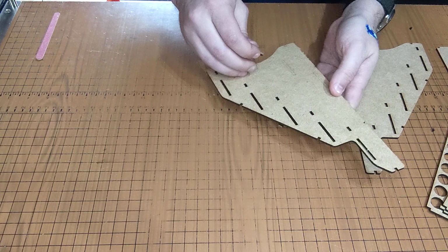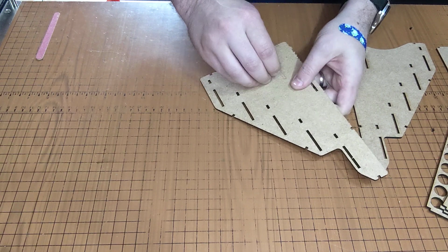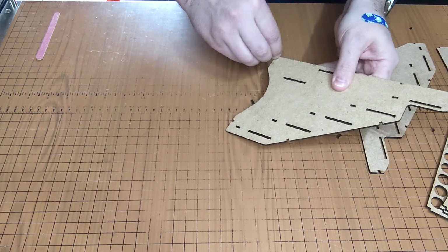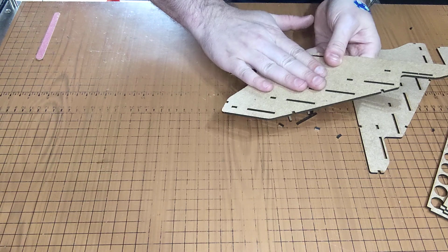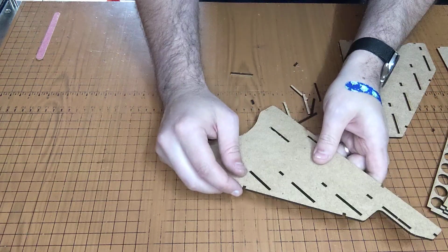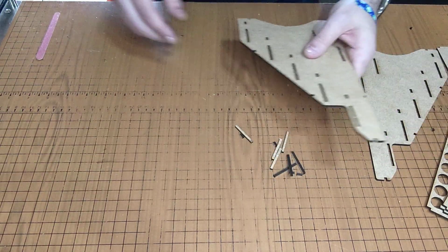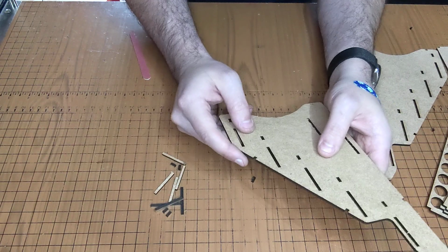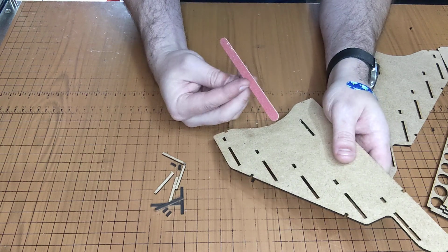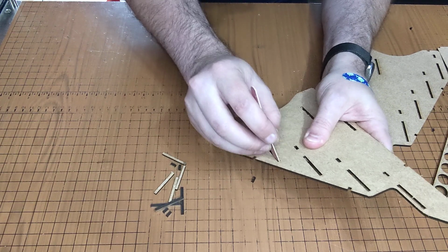So one of the things that you want to be wary of whenever you're putting this together for the first time is that MDF basically has a little film on top, so it has one little film, another little film, and then all the press board on the inside. Because we try and make it to where you don't have to have any kind of glue if you don't want to, something to have handy is a little sanding stick, and you want to just go in here and sand a little bit of the edges,